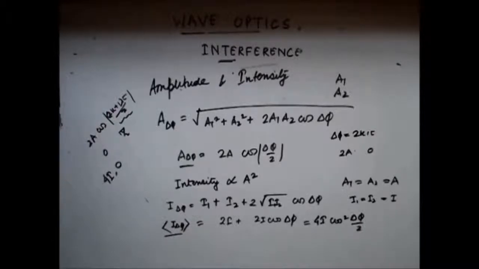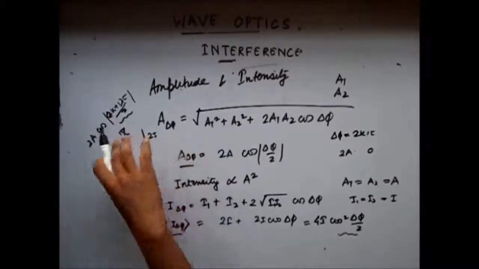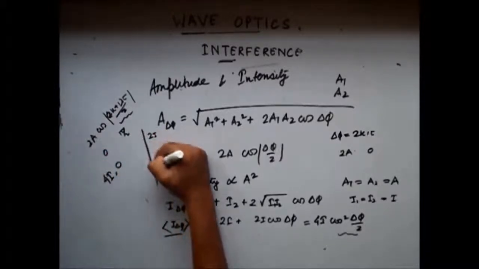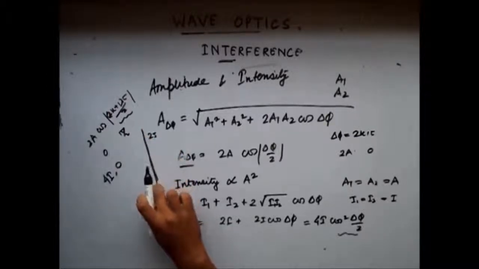Now, if del phi keeps changing with time, that's the case when we have two incoherent sources. If del phi is a function of time, then I need to take the time average of this cos square term also, and the average of cos square is half. So with incoherent sources, at all points on the screen you get an average intensity of 2I. Since the average intensity is the same throughout the screen, we don't see any white and dark bands.